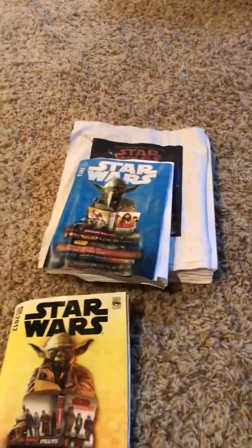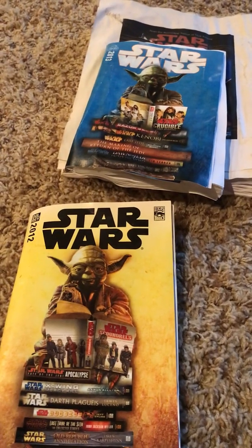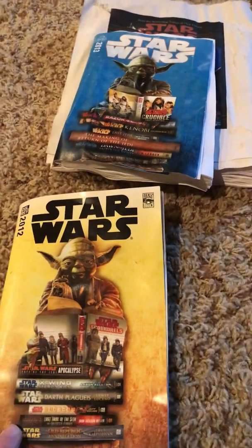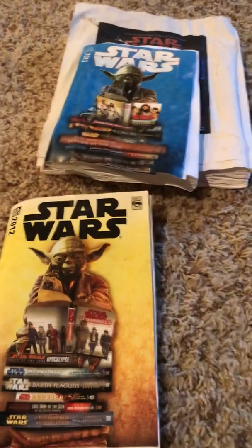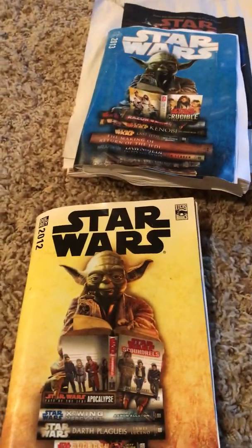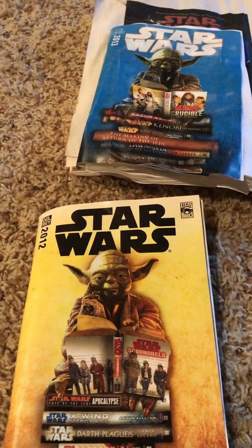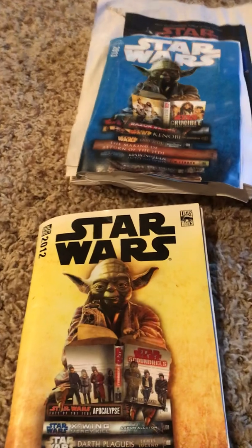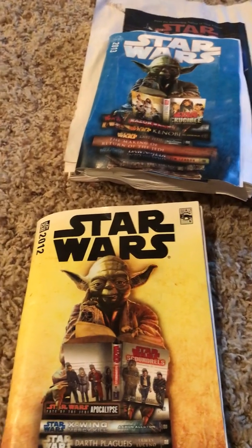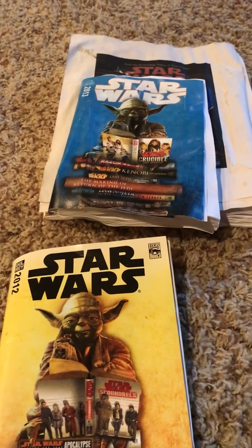This is kind of cool. Del Rey samplers from 2013 and 2012. 2012, really hard to find. Really, really hard to find. Now, why do I have these? Not just because I picked them up at cons, but because they contain stories inside. Now, nothing new, but if you're someone who's interested in this, having more on the shelf, if you like having things physically in print,